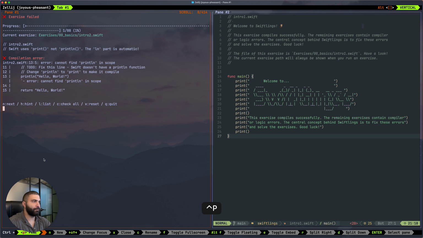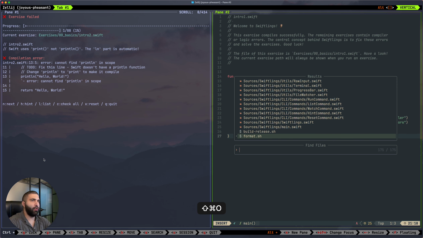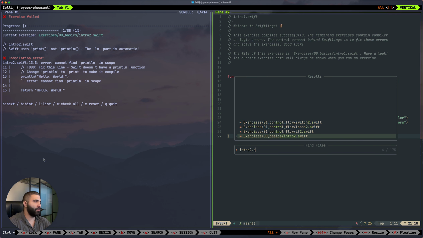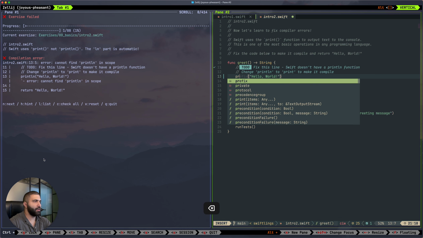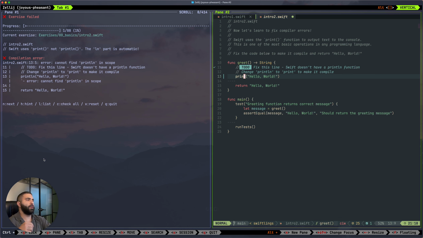Let's check. Right now I will open the intro tool.swift file, and I see here that it is using println, but there is no such keyword in Swift. There is a nice todo here that says: Swift doesn't have a println function. Change println to print to make it compile. So we will just change it to print, and you don't need to know what this type of thing is because